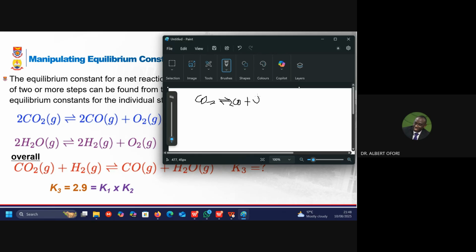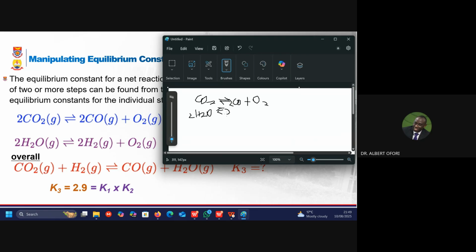And the other equation says that 2 moles of water is at equilibrium with